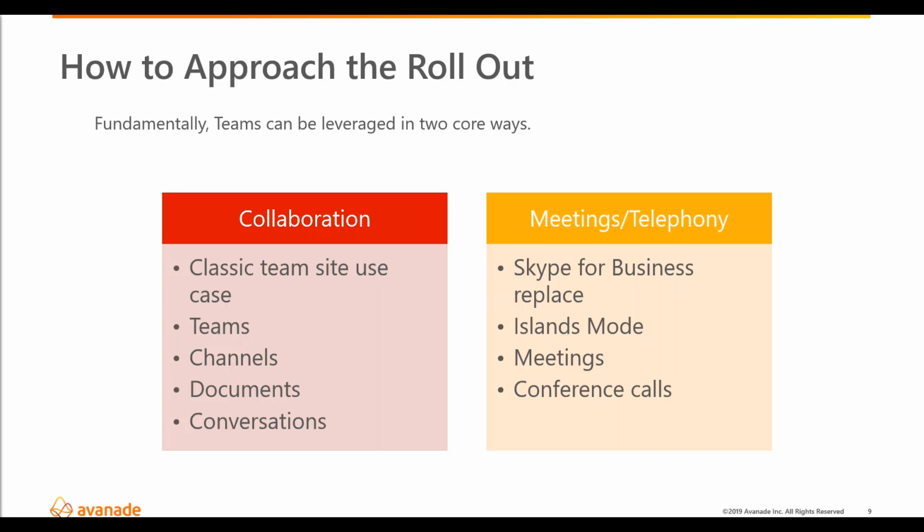So there's nothing really to say that you can't go ahead and roll out the Teams and channels collaboration aspect of Teams while you are readying your approach to meetings and telephony. And vice versa. You can roll out meetings and telephony first, and turn off the Teams and channels aspect,